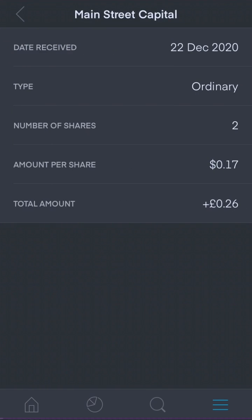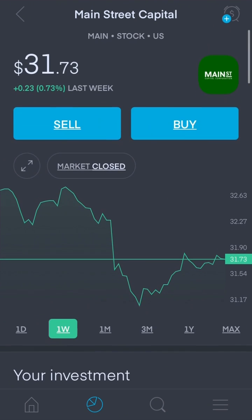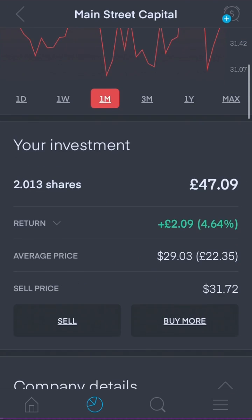So just for the 2 shares, an ordinary dividend type, and 26 pence overall. As you can see, I'm up 4.67% with Main Street Capital, or £2.10, and my average cost is £22.35. It's a good stock, monthly paying dividend, and not really an expensive stock either. So anytime I do fall into the red with this company, I'll have a great chance of averaging down my